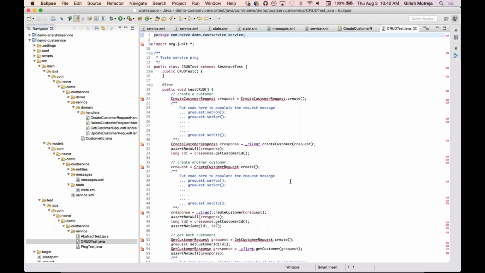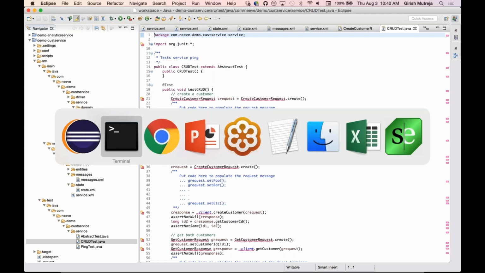Now, what's interesting is that it allows you to do a full spectrum of testing. You can move this service from your developer workstation out to a different environment. You can start doing API-based testing and then integrate it with other services and do integration testing. So that was unit testing that we just talked about.